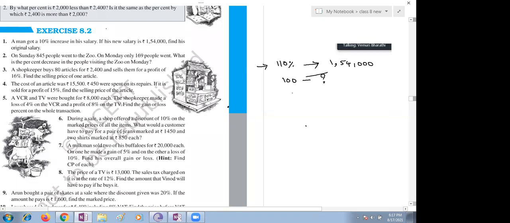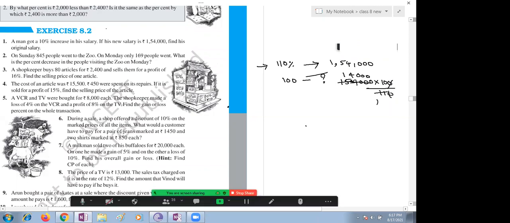You just go with cross multiplication. I don't want many steps, children. You have to make it a bit more simple. 100 by 110: how do the zeros cancel? Will it go in the 11 table or not? You are supposed to check it. Yes, it will go. 11 ones are 11, 4 is the remainder, so 44 means 4 times 11 is 44. How many zeros are there? 3 zeros are there. You just add 3 zeros.